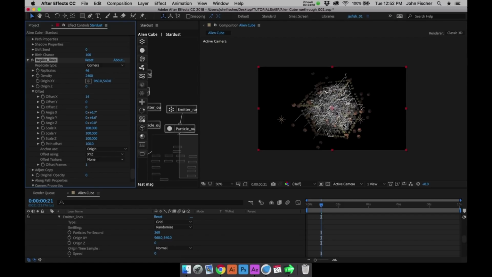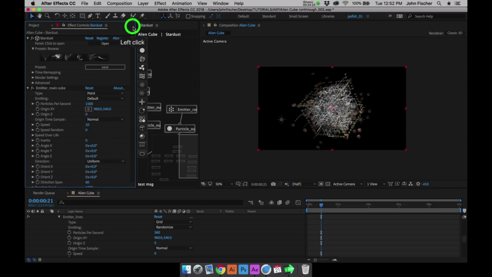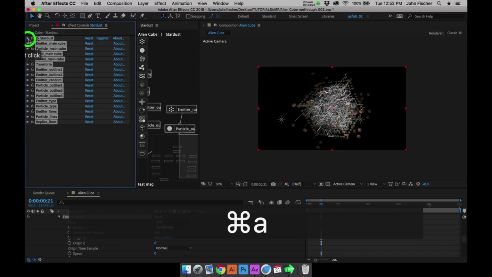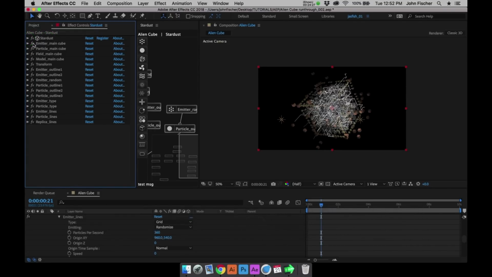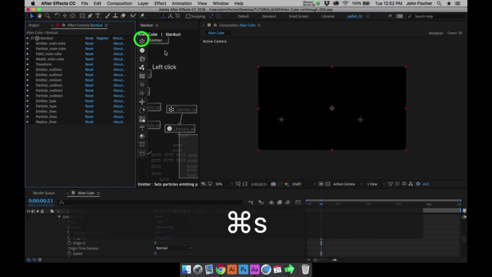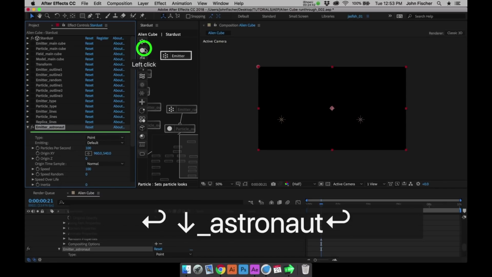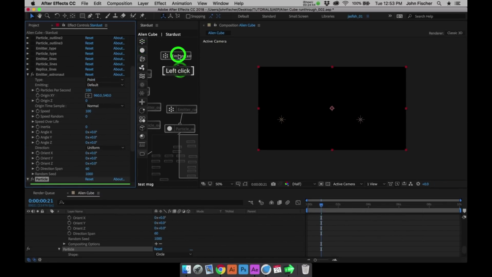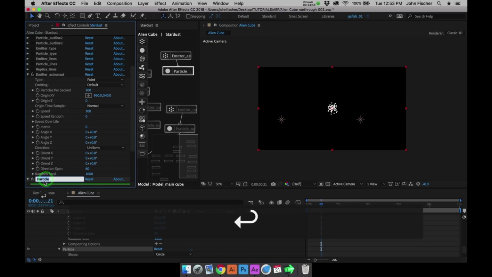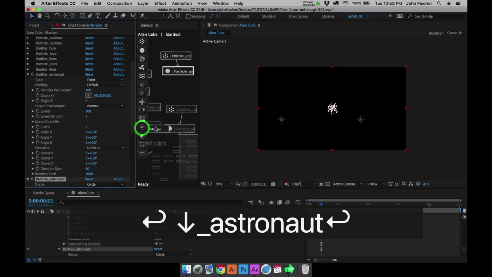Now the last thing we want to do is add our astronauts, and I'm just going to kind of punch in the numbers that I did with that and show you how I did that, because it definitely slows things down. I'm going to turn all of these layers off because it gets a little heavy. So emitter, astronaut. Let's learn how to spell. Add a particle, connect that, call that astronaut, and our model again,